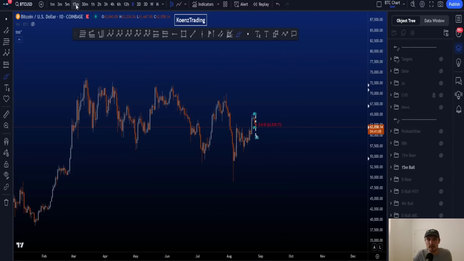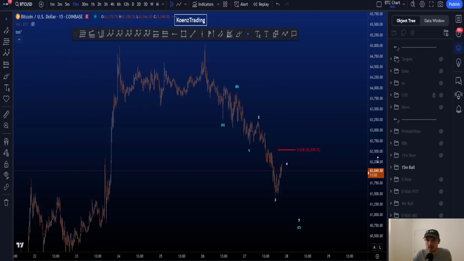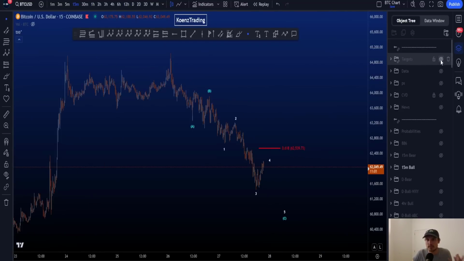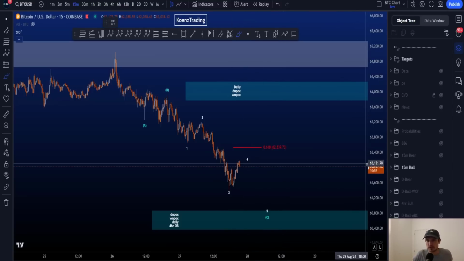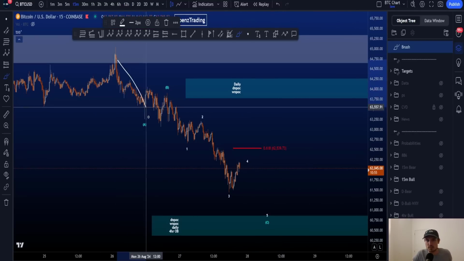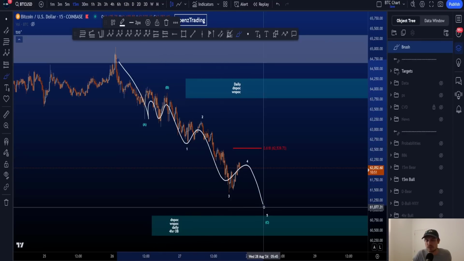so we can just remove it from the chart. Now, I spoke about the importance of the lower time frame structures, corrective versus impulsive. What you see on the chart at the moment is a corrective structure to the downside. So here we have our wave A, diagonal, a 3-wave B,